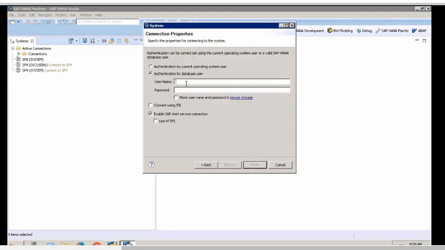And I can go with normal user authentication, or I can have other authentications also, but for me it is this.